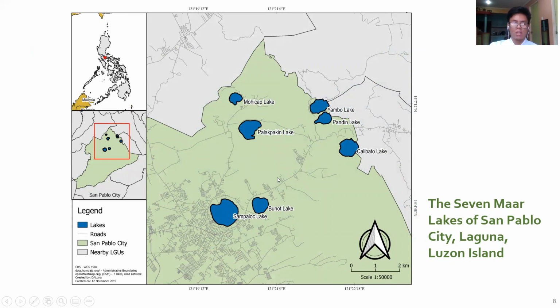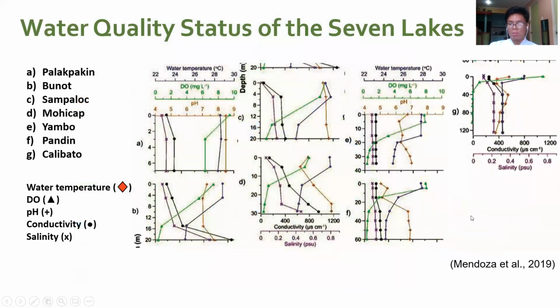The main problem, though, is that these lakes suffer from water quality deterioration, given that their activities are unregulated, therefore resulting in the decline of their waters. And based on the study of Mendoza and colleagues in 2019, they have actually discovered that most of the parameters of these lakes didn't conform to the internationally set standards for healthy lakes, especially in terms of water temperature, DO, and pH,